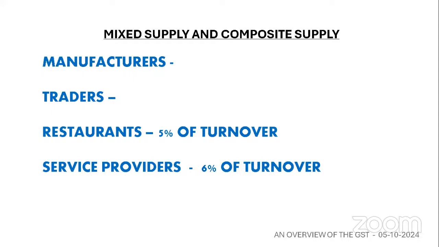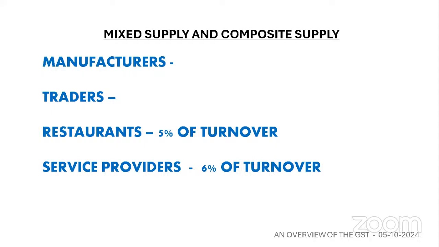Now, you have two transactions. One is an inward transaction, one is an outward transaction. You are liable to pay to the government the tax on your outward transaction, 18% of 2 lakh rupees, which amounts to 36,000 rupees. From this 36,000, you can deduct 18,000 rupees while making payment to the government. Therefore, 36,000 minus 18,000 ITC credit, you will pay the net amount to the government, only 18,000 rupees. This is the regular method of taxation.